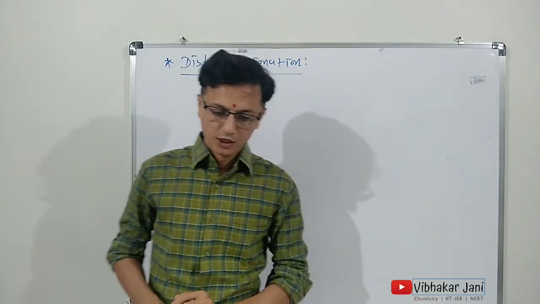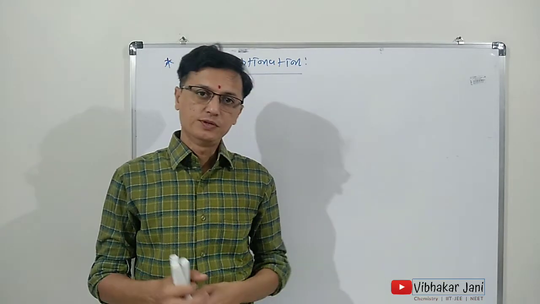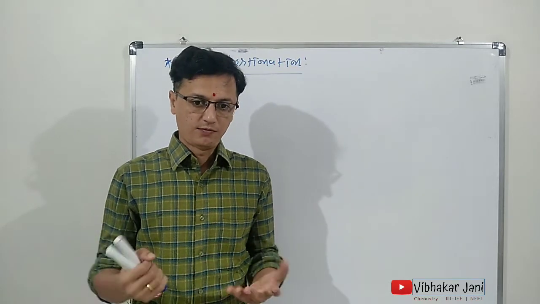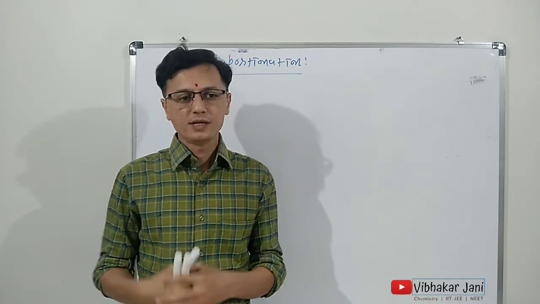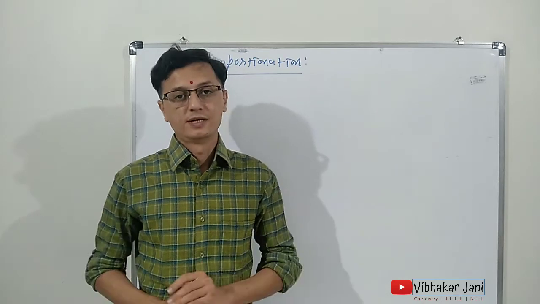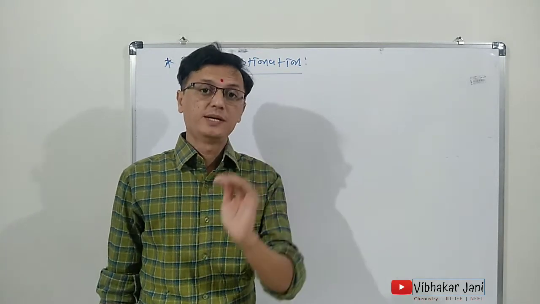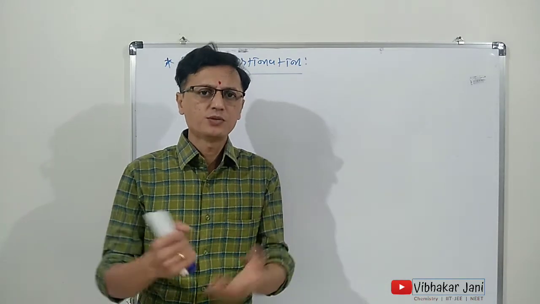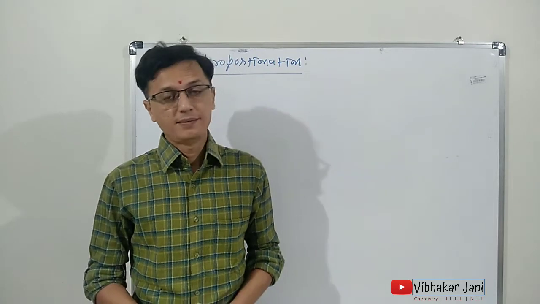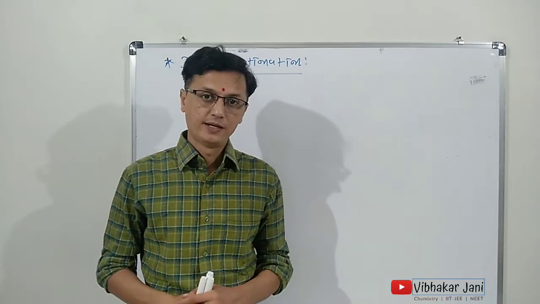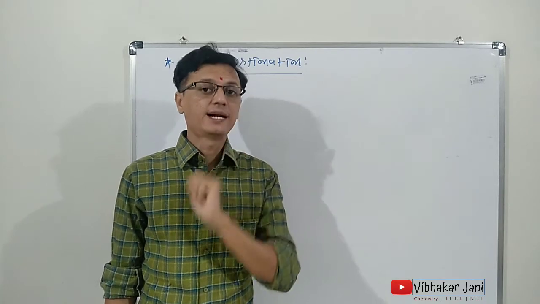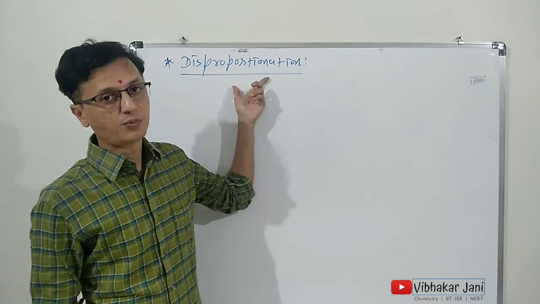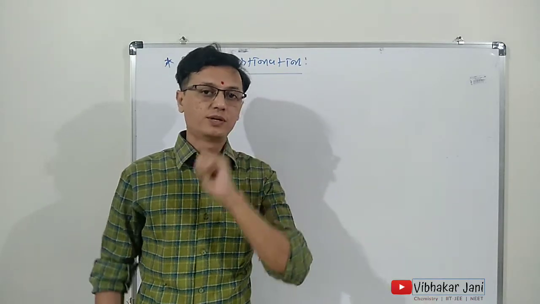Okay, so in our previous video we discussed the types of redox reaction. There are 4 types: addition, then decomposition, then displacement of metal and displacement of non-metal, or substitution you can say, and the 4th type was disproportionation. We have discussed the first 3 types of redox reaction, but in this video we are going to discuss only disproportionation, that is the 4th type of redox reaction.